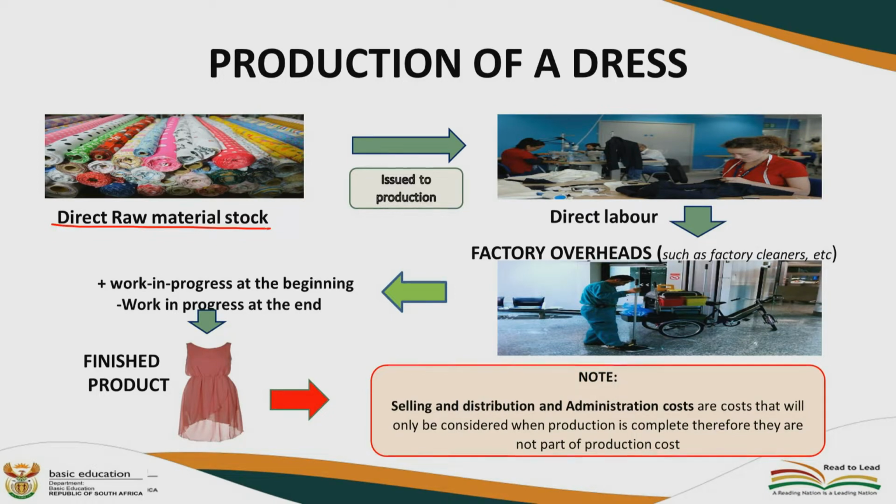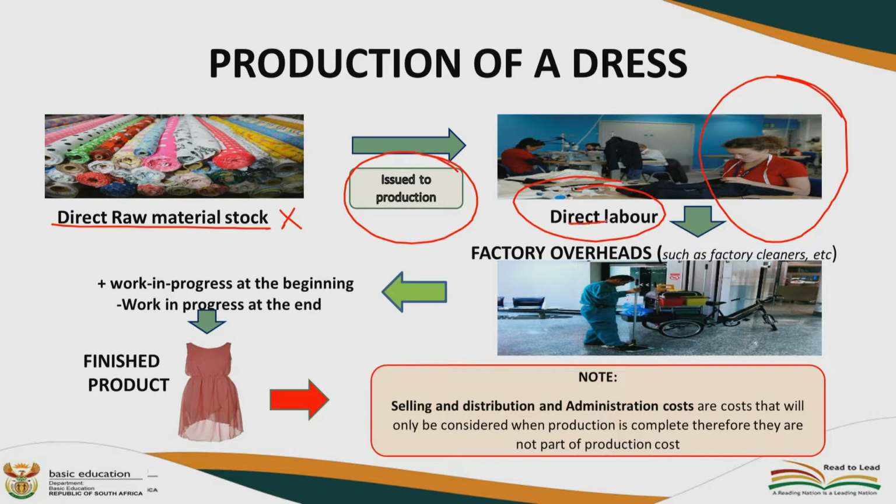Okay? So this has to do now with the material that we have to cut and make our dress. And when this material now is available, it is now issued to production. Issued to production. And who is going to work on this material? You are correct. It is the direct labor which is going to work on this material. So what you see here is material which is issued to production, and the people who are working now directly will now work on these direct raw materials, and remember we call it